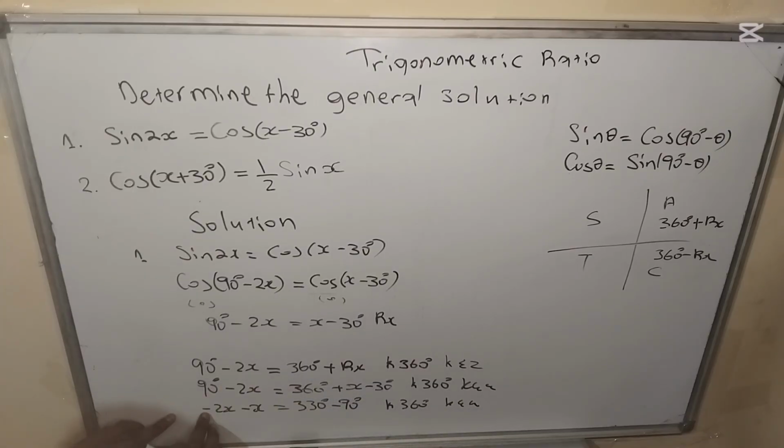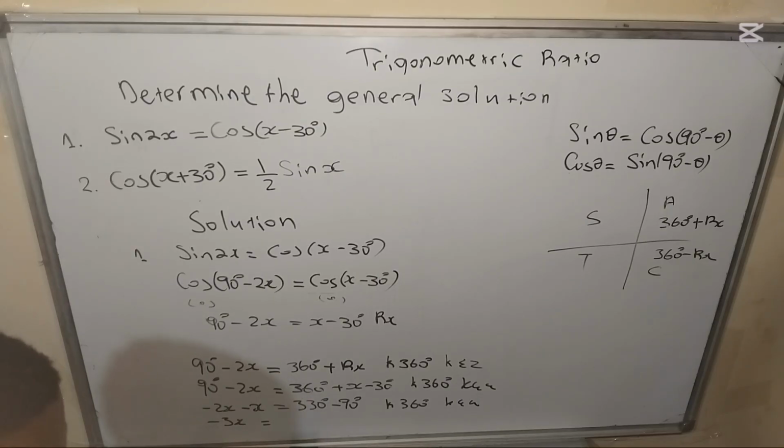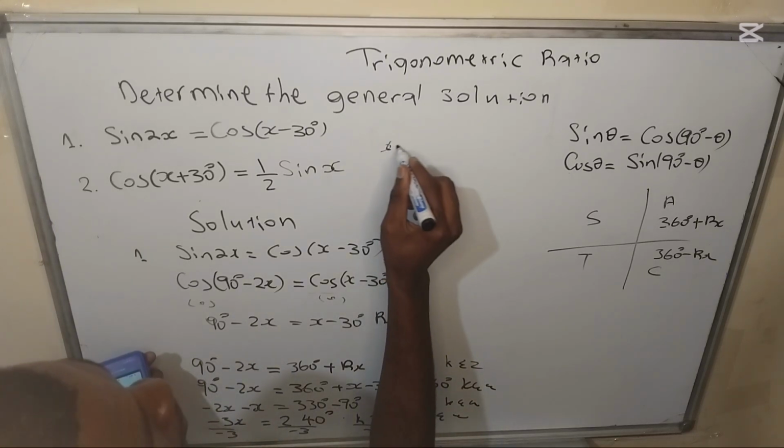We have minus 2x minus x, which is equal to minus 3x, equal to 330 degrees minus 90 degrees, which is equal to 240 degrees, plus K, 360 degrees. K is an element of Z. Then let's divide both sides by negative 3. Therefore, our x is equal to